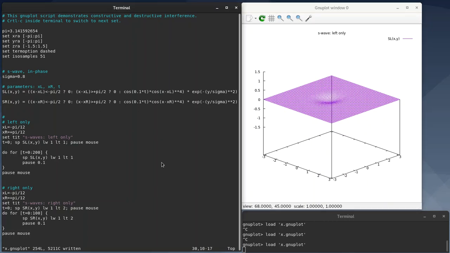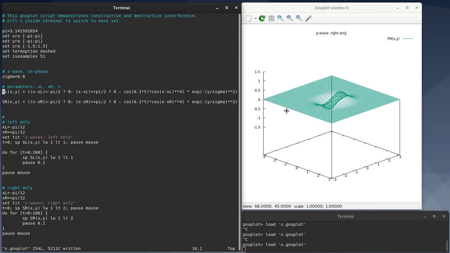This is the script that generated the plot that is on the other window. At the beginning of the script, you see I set up some plot appearance settings. And then I defined a function of x and y, which I want to plot. So you can look at this first one. SL of x and y is basically a spherical, radially symmetric wave on an XY plane. So the plot is really a surface plot,